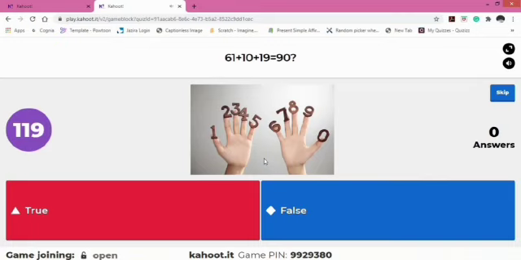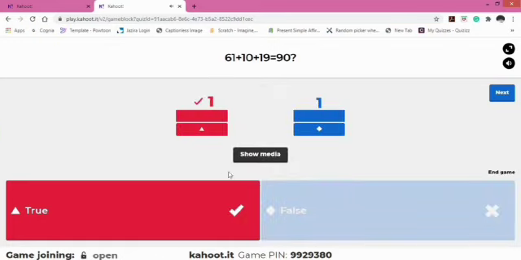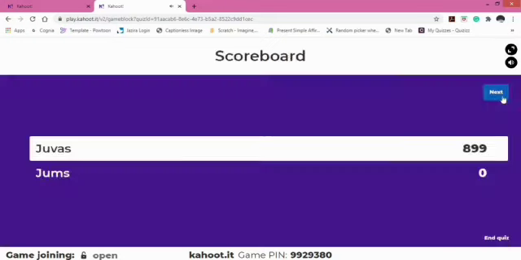The number of answers are given on the right. The question automatically ends when the time limit is over, as well as when all the players have given the answers. If you want to stop the question midway, then you have to press the Next button. Now both the players have given the answer. By looking at the bar graph, we can say that one player has gotten the right answer and one player has gotten the wrong answer.